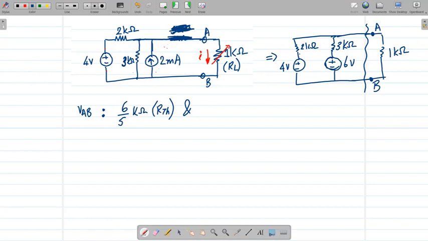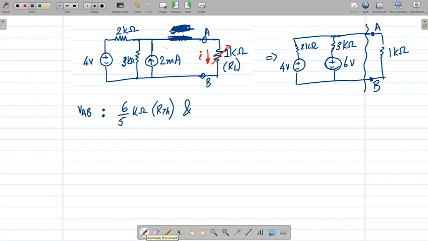So there are two cases. First, you short the 4 volts and find out the effect of the 6 volts on the terminals AB. Second case is you short the 6 volts and then find out the effect of 4 volts. But this can be a little confusing to deal with. So if you were to use simple nodal analysis, on the other hand, to find the voltage between A and B, instead of going this route, then what you could show is that,